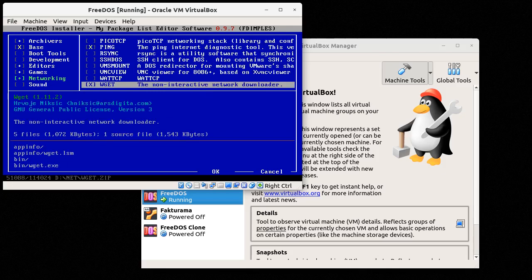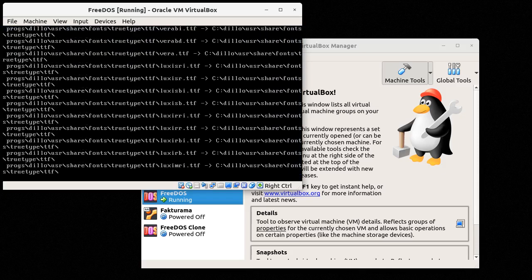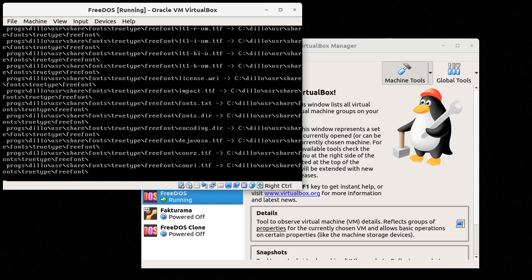Well, I guess that's an accident, but if you do this with your FreeDOS machine, please just make sure that you put an X right next to wget, which is something that you might be familiar with if you are a Linux user. Let's click OK and just wait for the programs to be installed